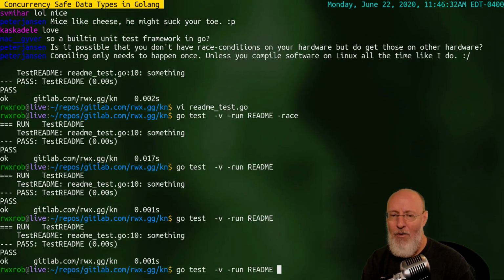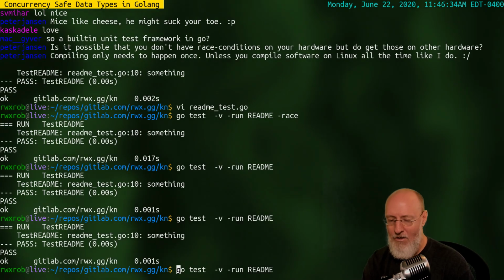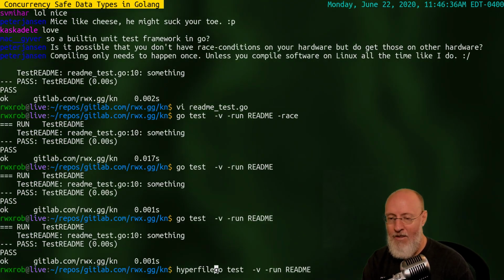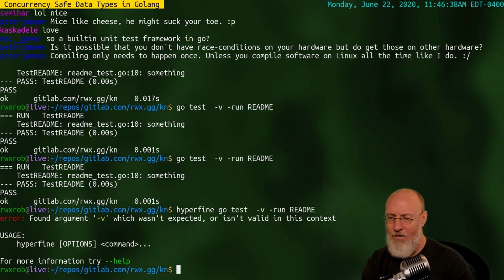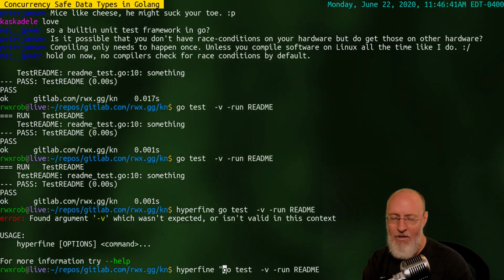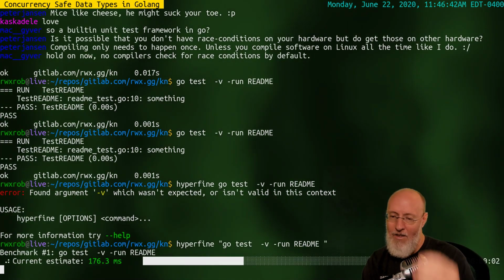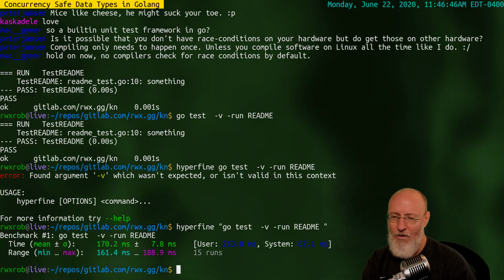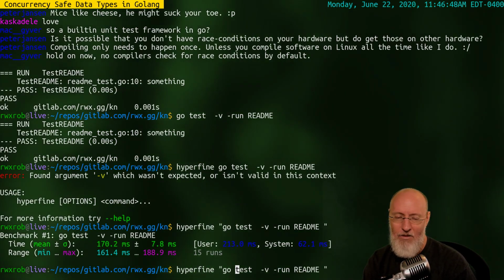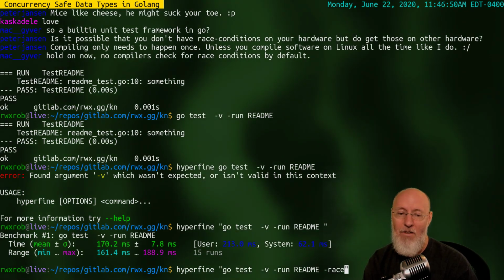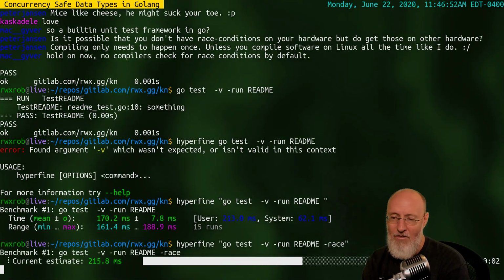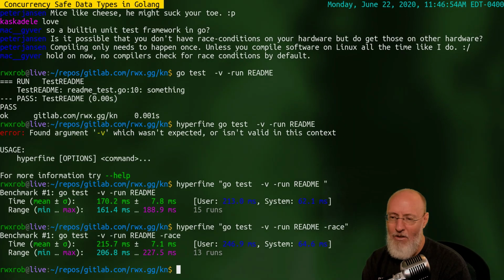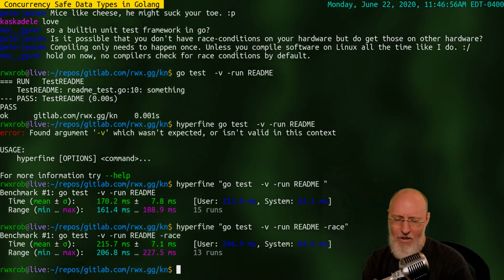Now, in fact, let's do this. Let's hyperfine that, should we? Let's hyperfine go test and see how much longer it is. So that averages 160 seconds. Now let's do it with race. And the reason is because it has to fork off a bunch of concurrent threads and everything. Yeah, so it's not that much slower, but